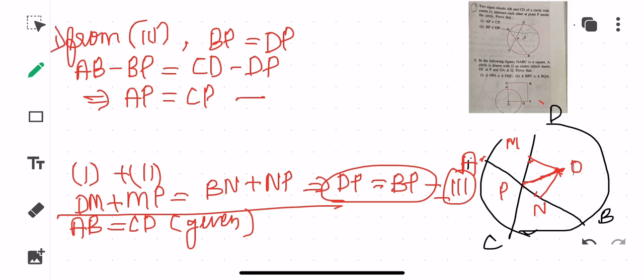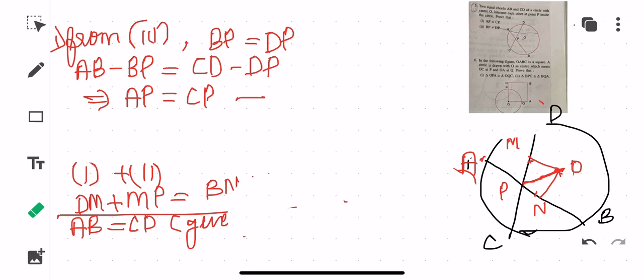Even if you want to take it another way, children, I'll tell you how to do it. If you want to solve the first sub question before, you will be writing that since half of them is equal, AM will be equal to AN. Okay, and then, just a second children, AN it should have been. You would have written that AN is equal to CM, because you are considering half.